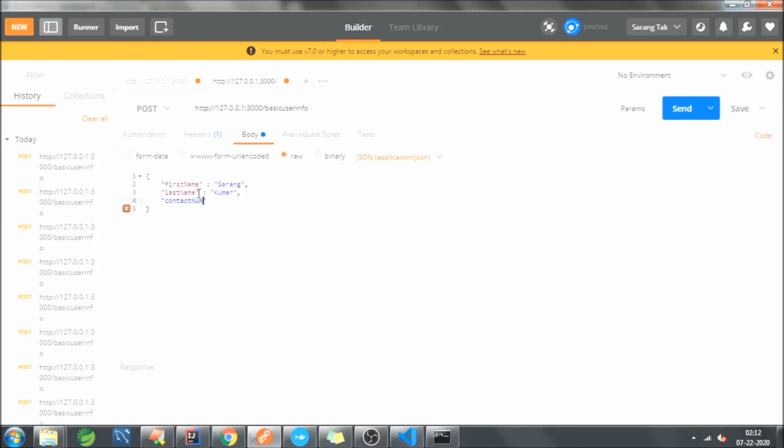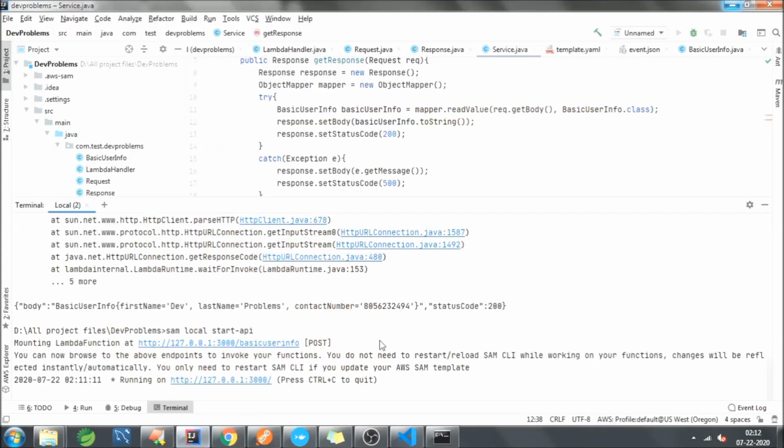So many typos. You can have any number. Okay, so now I will hit the API, and yes, I forgot, you also need to mention the template name.